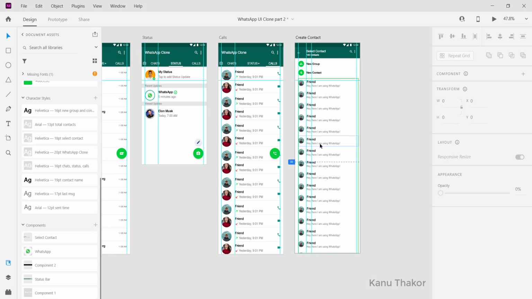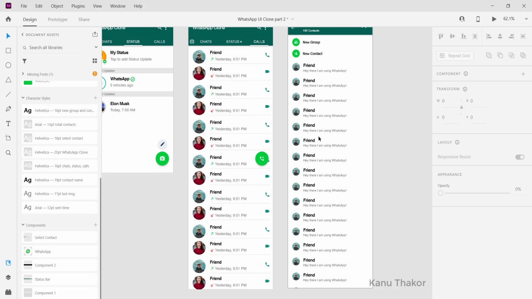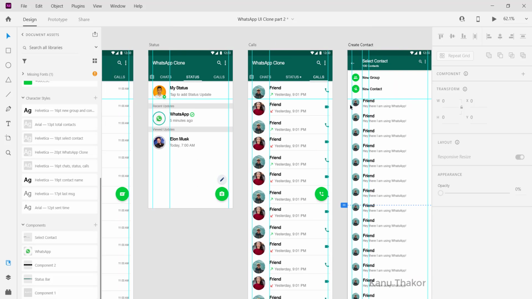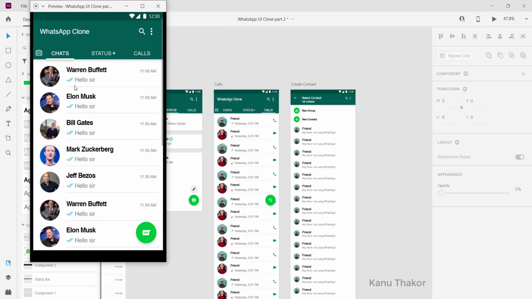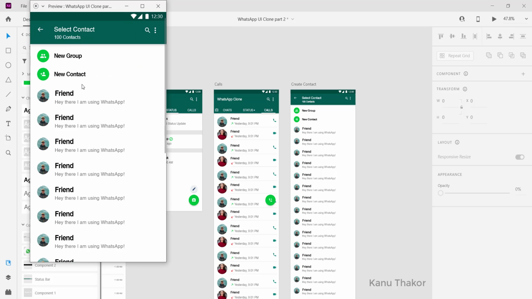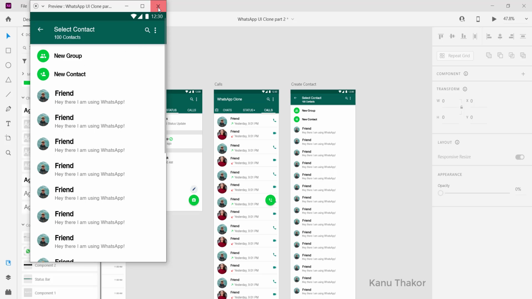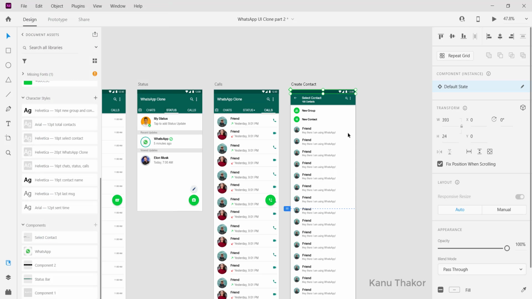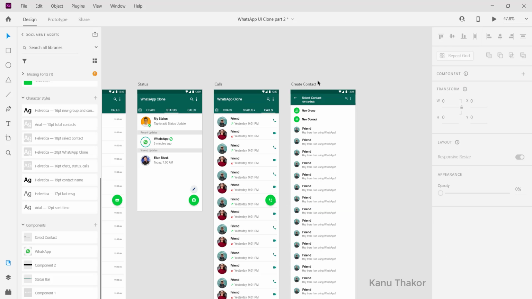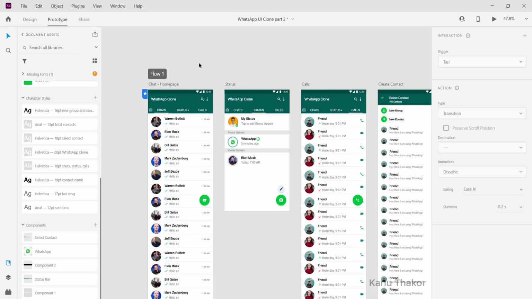I just used this repeat grid feature to demonstrate it, and you can definitely change it or fill whatever image or text you want. This is just to demonstrate it, and just see the desktop preview how it looks. So this is the page, it looks like this. This is happening all the time that this status bar is below all these components, so we will fix that, don't worry, and just select it and bring it to the front. Done.